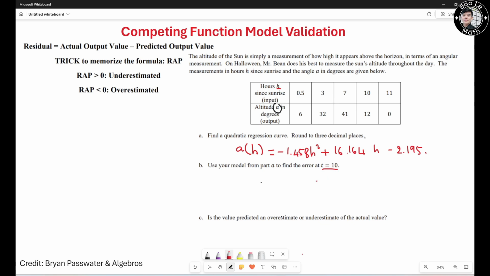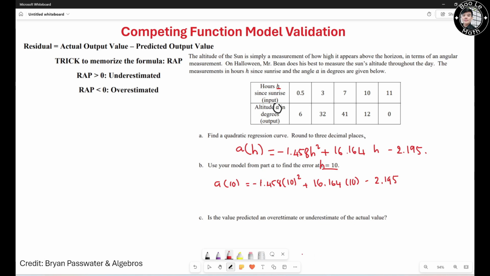Alright. So in order to find the error, we need to find the predicted value. In order to find the predicted value, you just substitute 10 for h right here. This is actually 10, not t. Alright, into this equation. So you have A of 10 equals negative 1.458 times 10 squared plus 16.164 times 10 minus